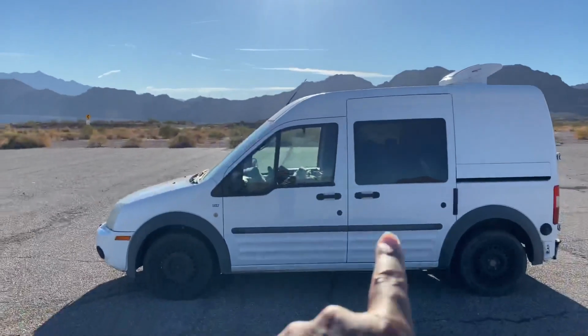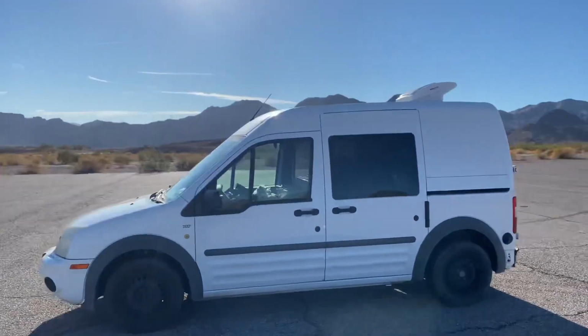Howdy, my name is Miles, and this is my 2011 Ford Transit Connect, which I purchased a few months ago